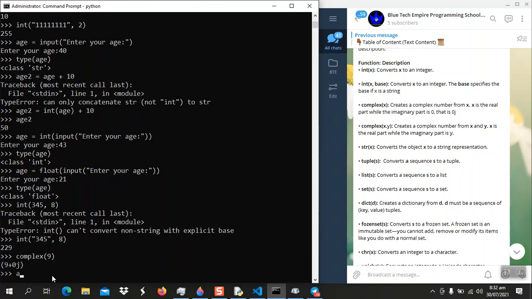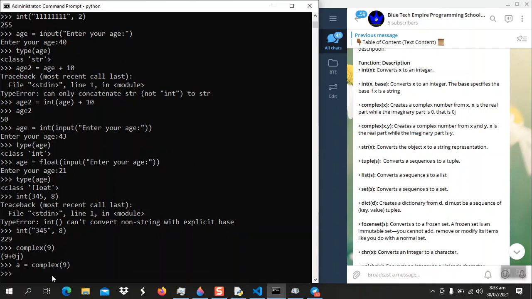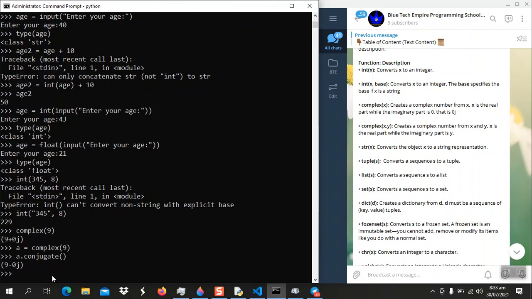So you can say a equals complex 9. Now you can say a plus maybe 5, or you can now say a dot conjugate, something like that. I just want to show you this, because normally you cannot have a conjugate of 9, but you may not use this if you're not into mathematics. You may not want to convert a single number into a complex number, or it can even be a float,